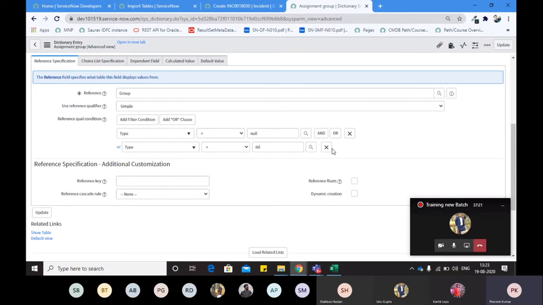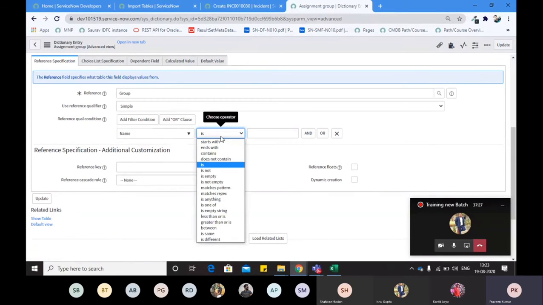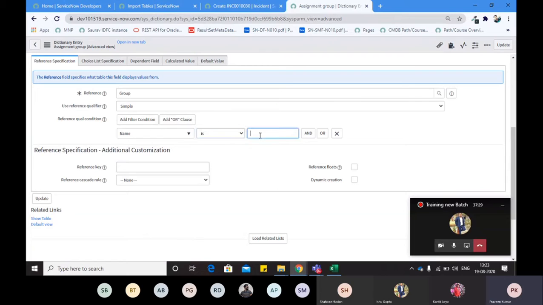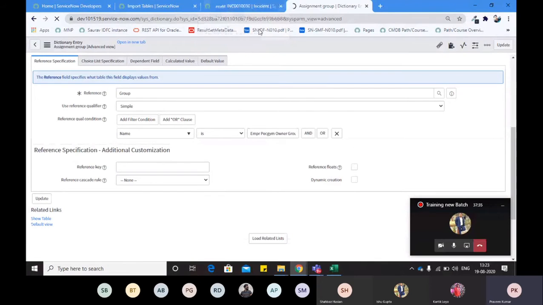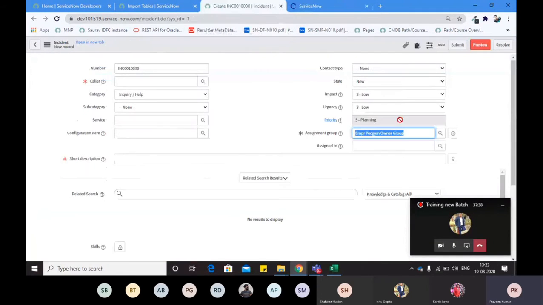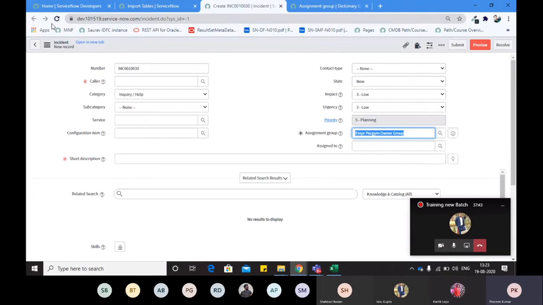I can change the condition here, whatever condition I want. For example, name is that group name. I will save this record, and this restriction will be imposed on this assignment group field. This is the basic meaning of the reference qualifier, right?